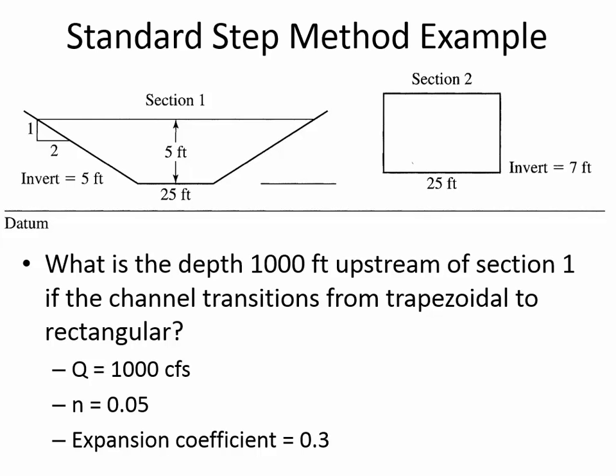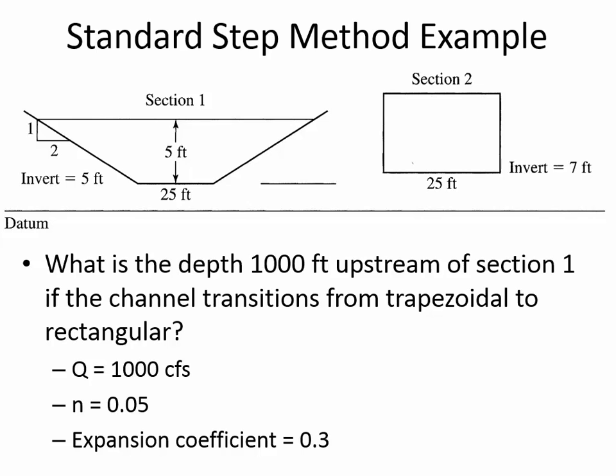And so the slope of the channel is 2 divided by 1,000. So that's 0.002. That's the slope of the channel. Okay, we want to find the normal depth. And that's going to be Q